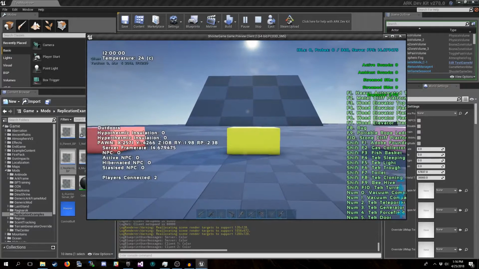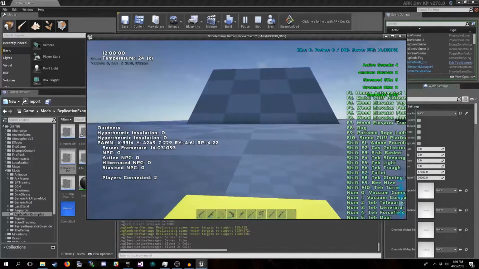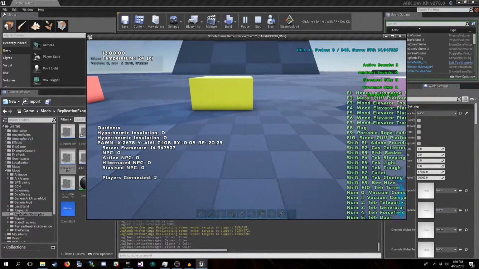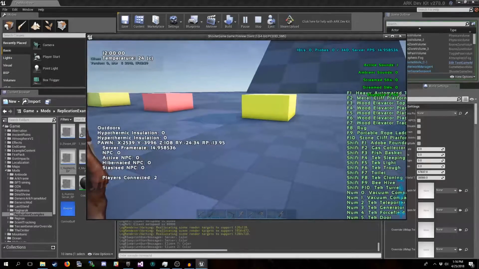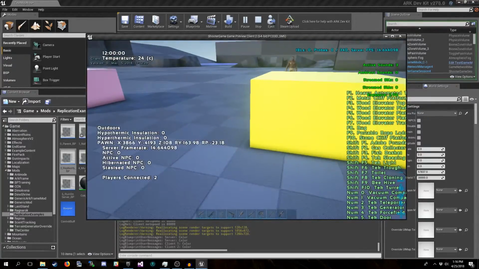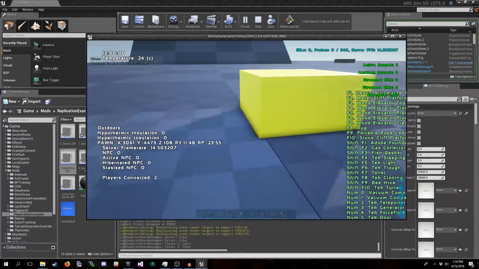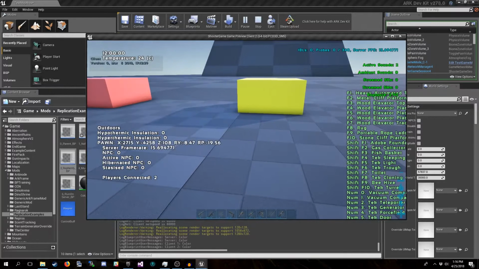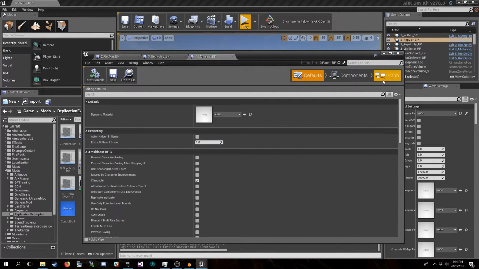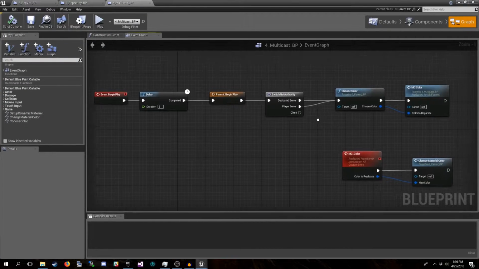Now, the player server does have a player on it. So we do want that to get that value and set the material there. But for a dedicated server, absolutely not necessary. Not unless you were going to be doing something other than a visual change with that linear color data. But we already have it set to a variable on the server, so there's no need to actually apply it to the material itself. Now the fourth example, the multicast BP, this is the manual replication of it.